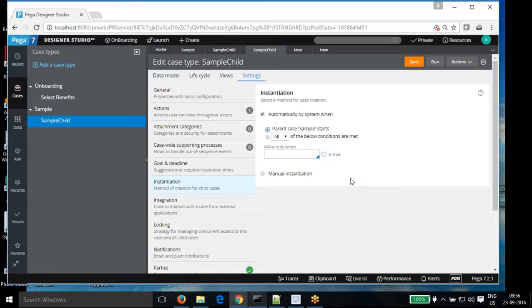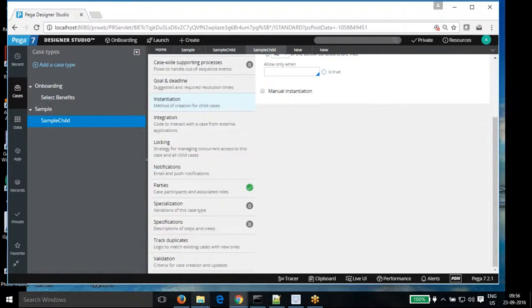So you don't want to waste time on background verification for that 70%. So once your resume is selected, your interview is selected, then you want to invoke the background verification. So based on that, you can add the condition: the work status is interview selected, you want to invoke the child case. So you can do it that way. Okay, so that is what we mean by instantiation and other stuff.